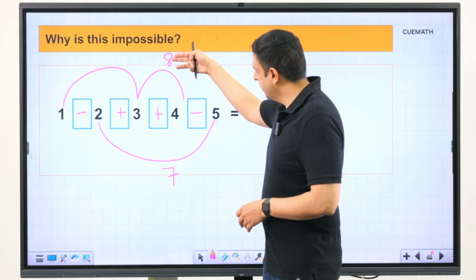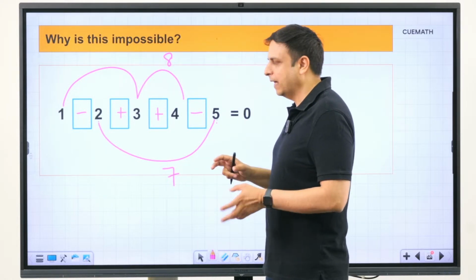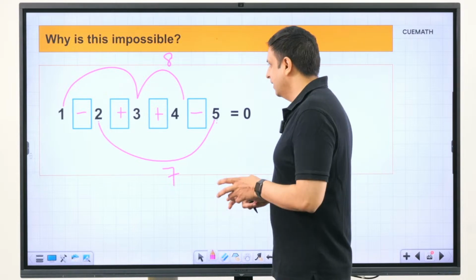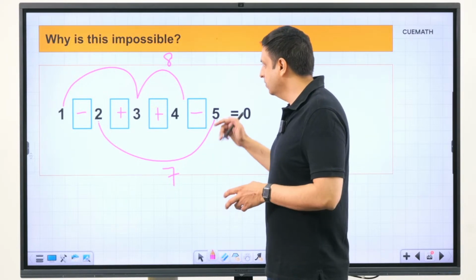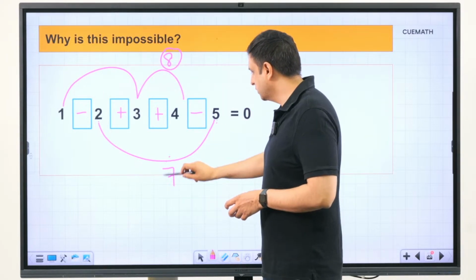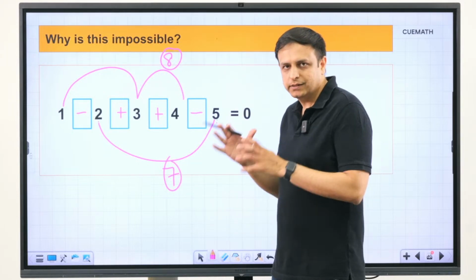So from 8 you are subtracting 7, and that gives you 1. But to get to 0, whatever you are adding and whatever you are subtracting should be the same. So that's the key idea here.